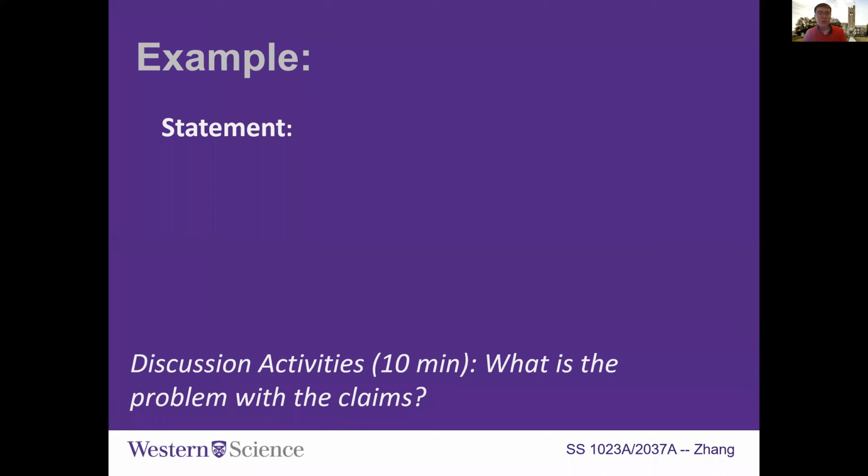But I do hope you can participate in these activities. During the discussion, although you don't have to, I hope you can open your camera so that you can have less distance between each other. I'm also going to jump between the rooms to check whether you're on the right track or not.